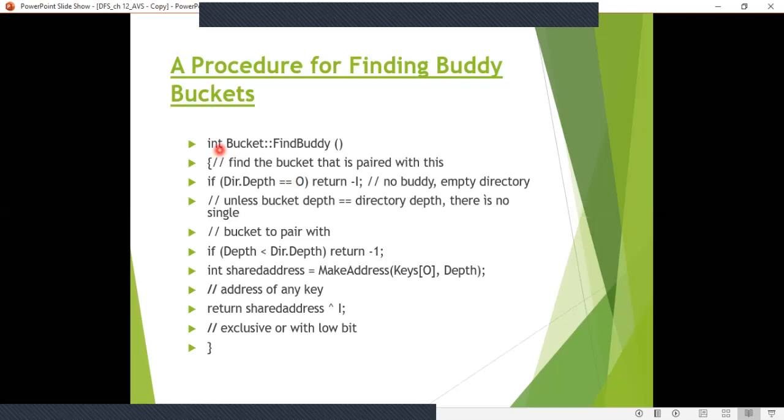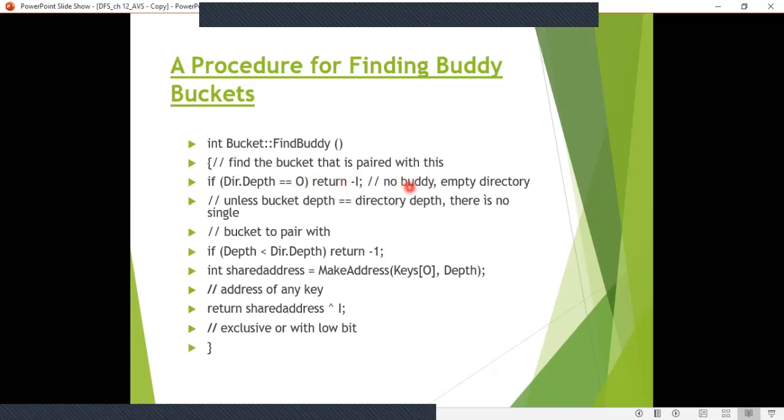Here in this method, int Bucket::FindBuddy, this is how this method is used to find the buddy bucket. If directory.depth == 0, return -1. Directory depth equal to 0 means there is only one single bucket and there cannot be a buddy bucket, so you are going to return -1.